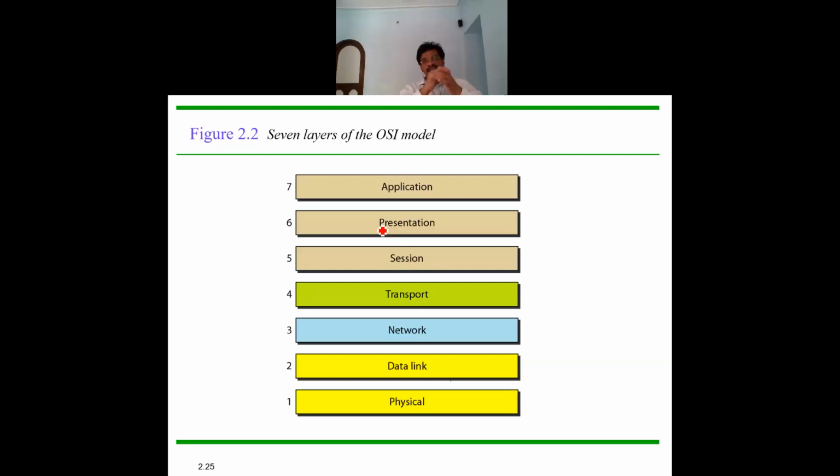It adds its own header. The service, then the data is provided to the session layer. The session layer adds its own protocol data unit. It is typically the header that is being added. In such a way, all the headers of the services that are provided by the various layers are added to the data. At the physical layer, the physical layer will carry the data towards the